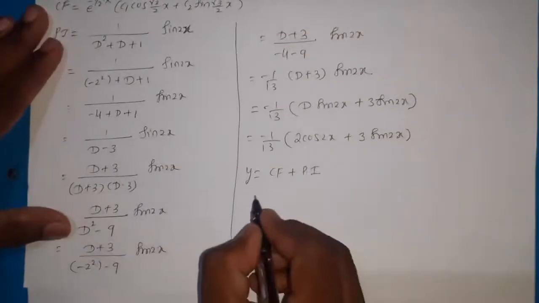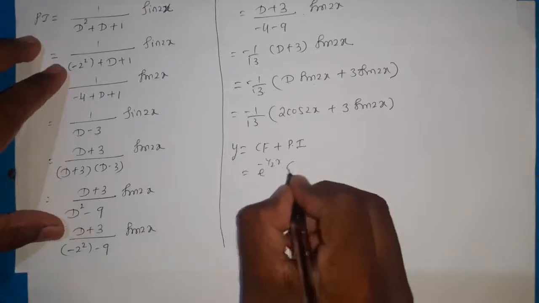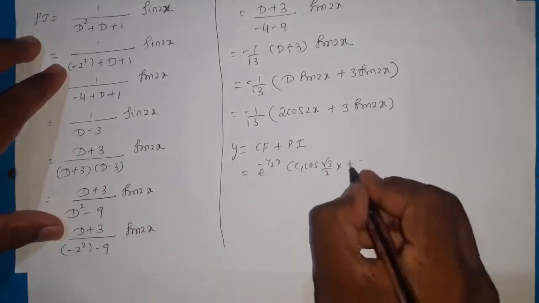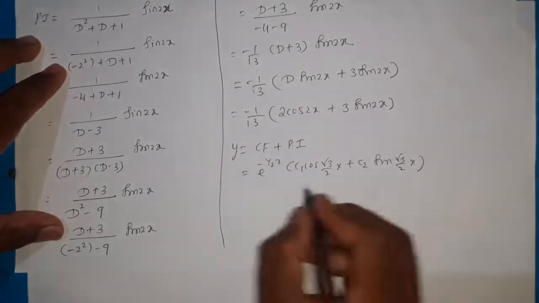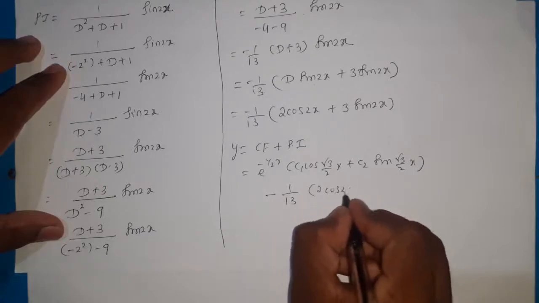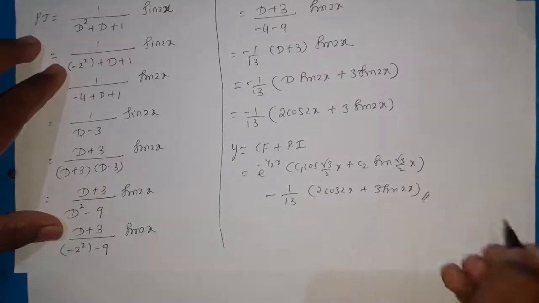So therefore its complete solution is given by e power minus 1 by 2x (c1 cos root 3 by 2x plus c2 sin root 3 by 2x) minus 1 by 13 (2 cos 2x plus 3 sin 2x), which is